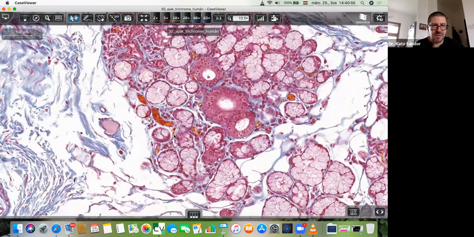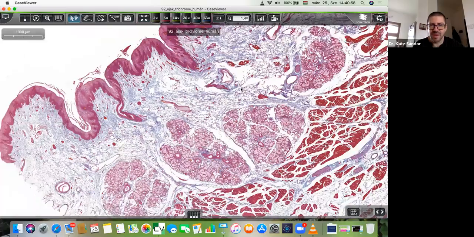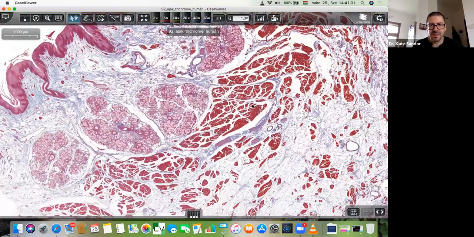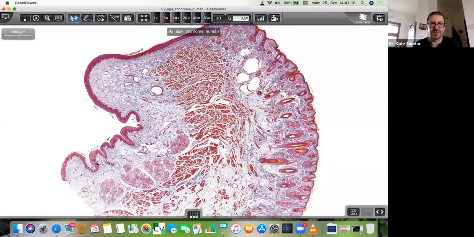So I think it's an easy slide. Just the surfaces are important, and at the core we have the muscle, the orbicularis oris muscle. So cutaneous part, transitional part, and mucosal part. It's a trichrome stained section, therefore the connective tissue elements, the fibers, appear in a bluish or purple color. The cutaneous part represents hair follicles covered by stratified keratinized epithelium. The transitional zone is a much thinner area covered by